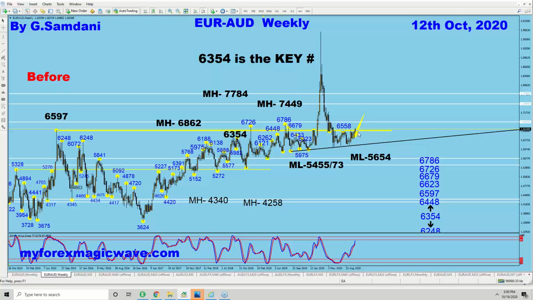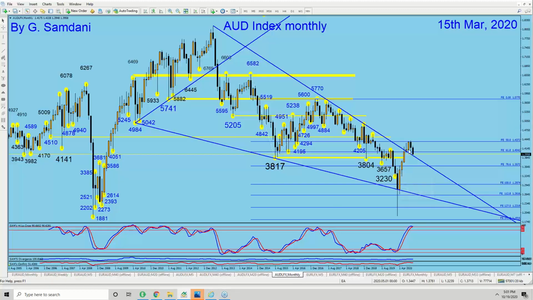So a little dip here, and then go up here again. Eventually we will end up here, going up here. And for that, what we need is the euro weakness, which we're not getting right now, but probably soon. And we need Aussie weakness, and that already started, right? We were expecting that, and it already started, and nicely it is dropping here, and probably all the way down to 38.17